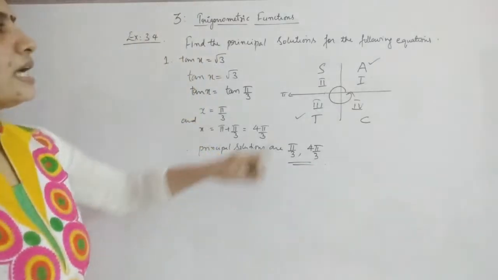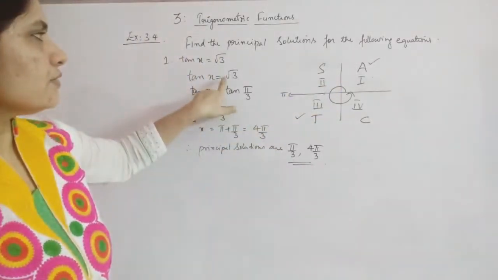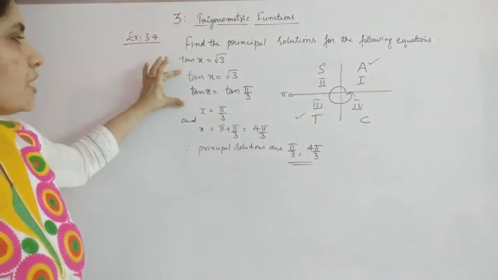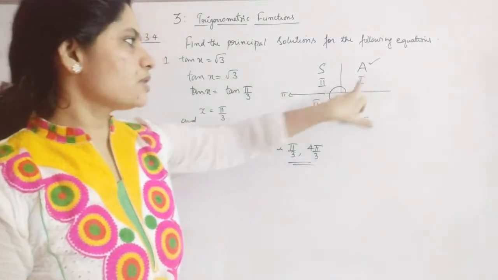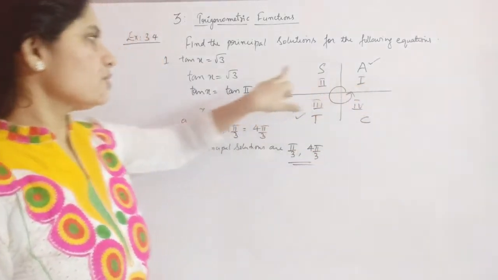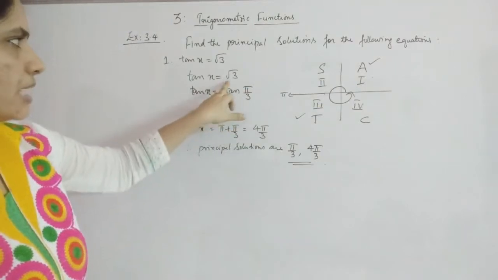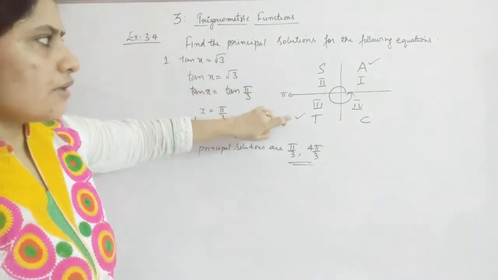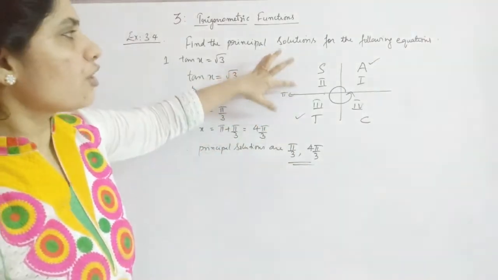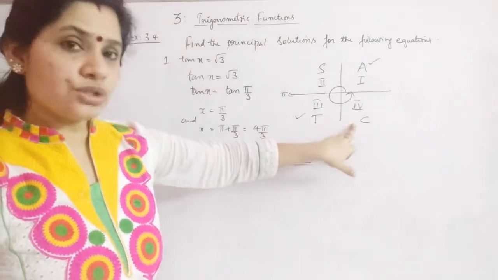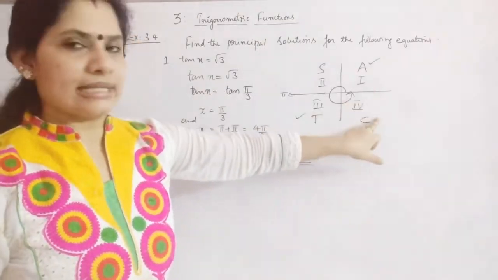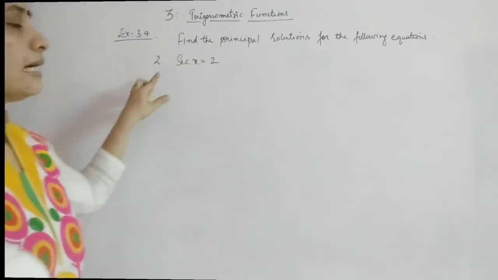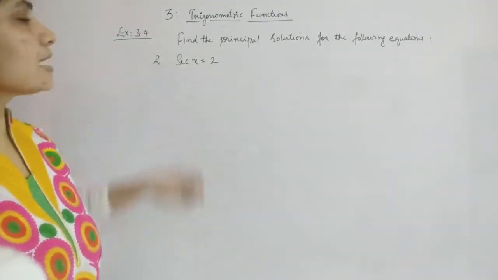Understood how we are calculating? If you have a positive sign, you have to search wherever the given trigonometric function has a positive value. So in the first quadrant and in the third quadrant. The first quadrant value you already got as pi by 3 after comparison with the value. For the third quadrant you have to go for pi plus. Now if it was the second quadrant, then you have to go for pi minus. If it was the fourth quadrant, you have to go for 2 pi minus the same quantity which you are getting in the first. Okay.